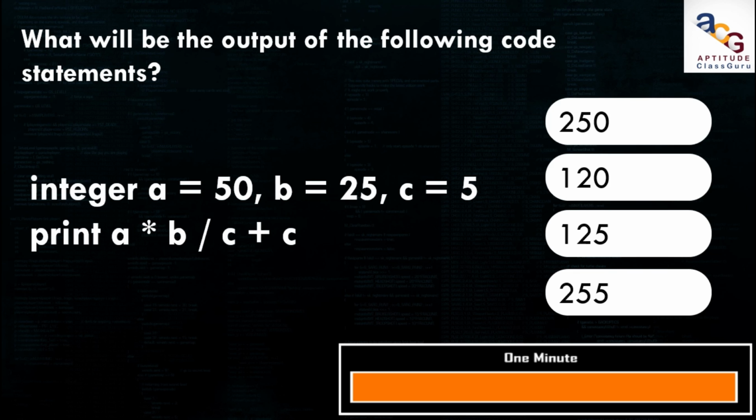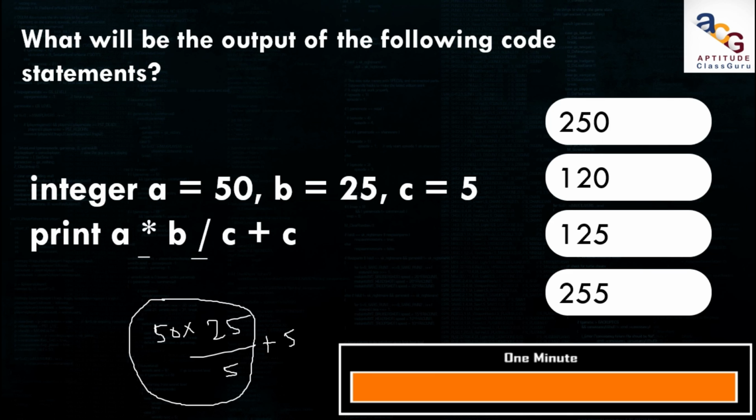Just look at the next problem, the easiest one. What is the value of a? A is 50, b value is 20 and c value is 5. If you know the BODMAS rule, it becomes easier. The first high priority is multiplication and division. So put the value of A, 50, into B, 20, which gives 25, divide by C, which is 5, and finally add the 5. So first multiplication and division operations will be performed, and later we add the 5.